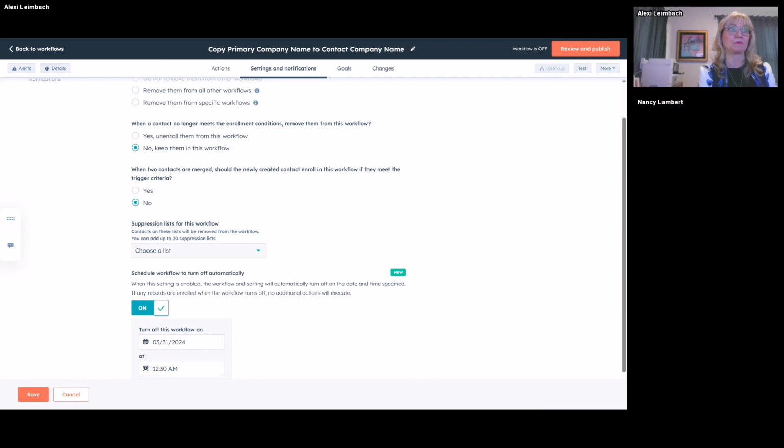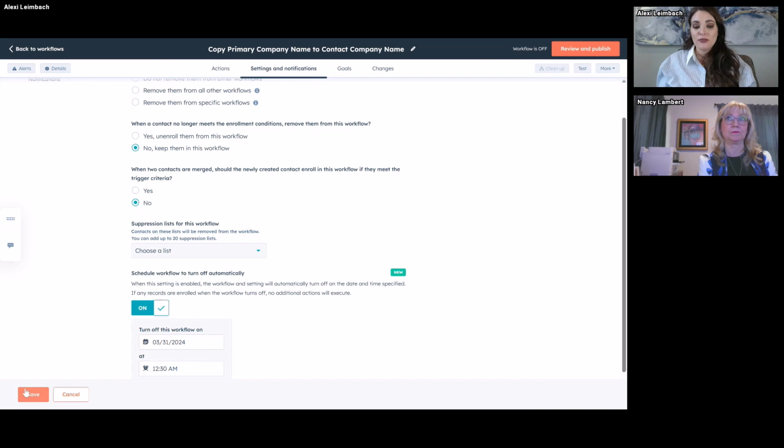Yeah. And no matter what, don't ever forget to press save at the bottom. A lot of people miss this just because it's in the bottom corner, but here's your save. So just because I did this and I go away doesn't mean it's going to be saved. So make sure you click save on this area.